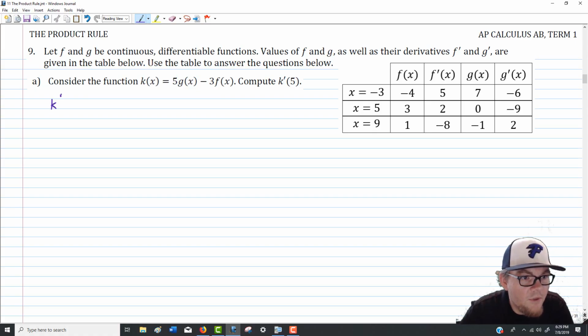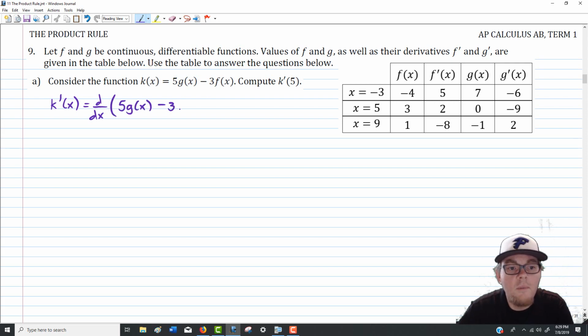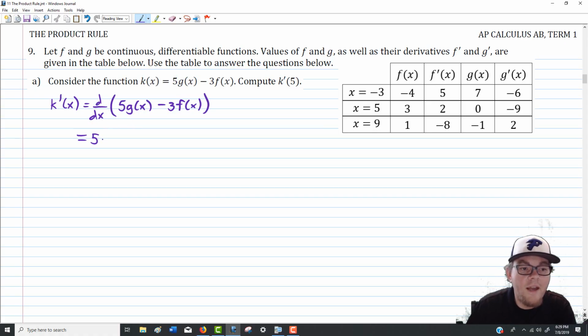So in order to do this, we need to compute the derivative of k. In other words, we're going to differentiate with respect to x that expression they gave for k, which is 5g of x minus 3f of x. And this isn't particularly difficult. We're using the scalar rule as well as the sum and difference rule. Derivative of 5g of x will be 5 times the derivative of g, which we know is g prime of x. For the second one, we'll have similarly minus 3f prime of x. So there is k prime of x,